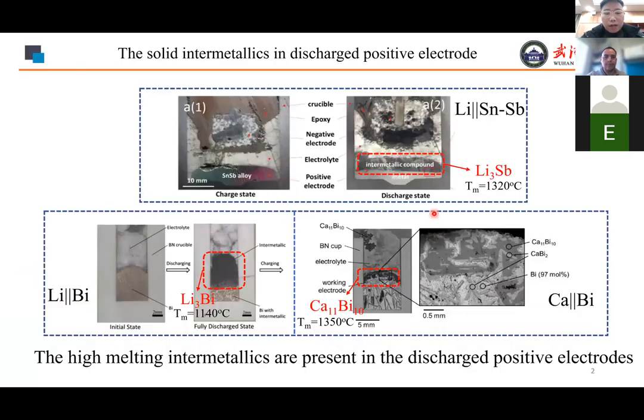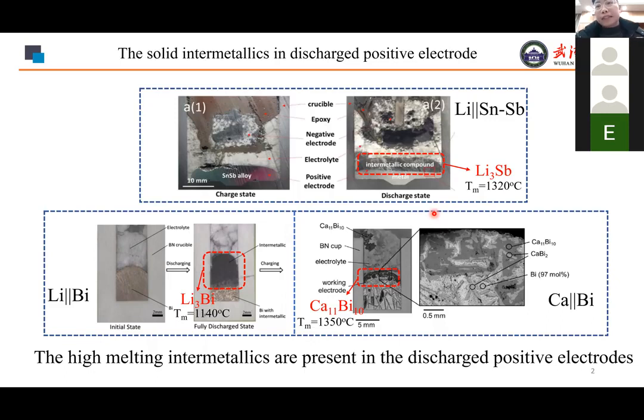As you are familiar with liquid metal batteries, I will not introduce the principle of the liquid metal battery in this talk. In liquid metal batteries, intermetallics with high melting point can always be found in the discharged positive electrodes, such as lithium antimonide, lithium bismuthide, and calcium bismuthide in different batteries. If the solid phase appears during discharge,